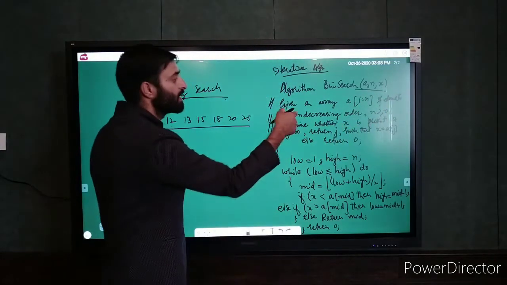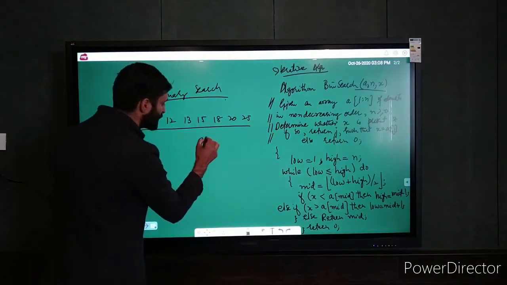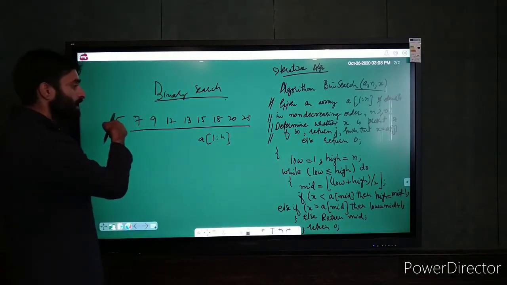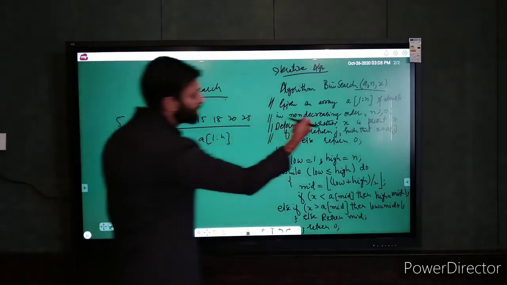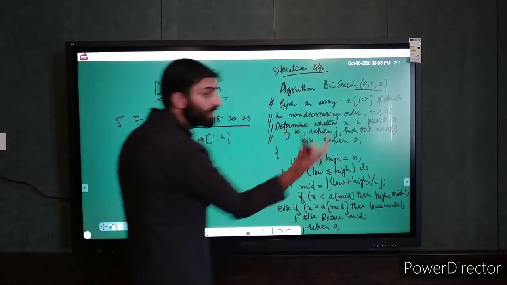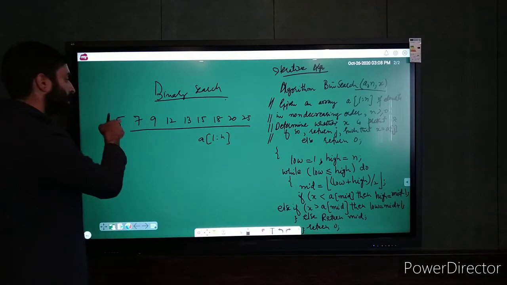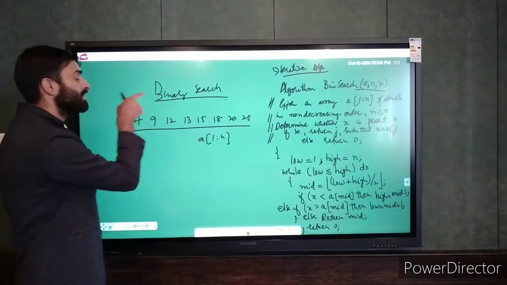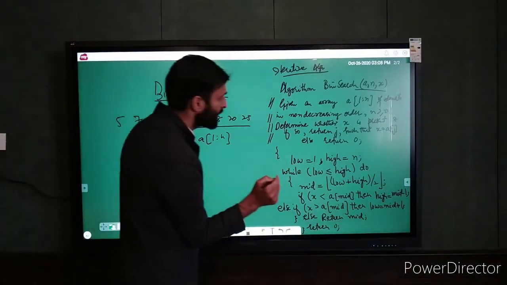These are three variables. A of 1 to n is an array in which we are given n elements, suppose here the elements from 5 to 25. So we are given an array of elements in non-decreasing order. As I have already mentioned, the elements in binary search should be in sorted order.